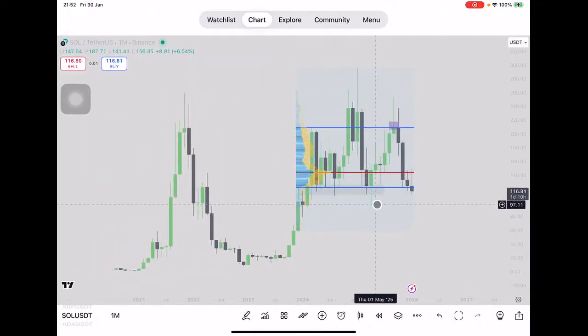Yeah, and if we do, then these lows, right, 97 that we made in April last year, and then probably even the 78, 77 level, that's going to be the next level to watch. Anyway, so that's crypto. Kind of a bleak outlook right now. I honestly had hoped that when money was done flowing into precious metals over the last year and a half, well, for silver really over the last year, but for gold over the last 2 years, I really hope that it would then go into crypto,